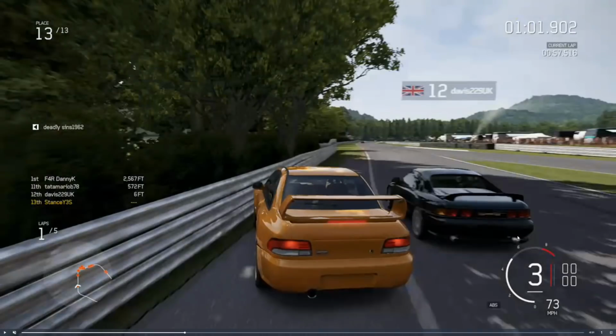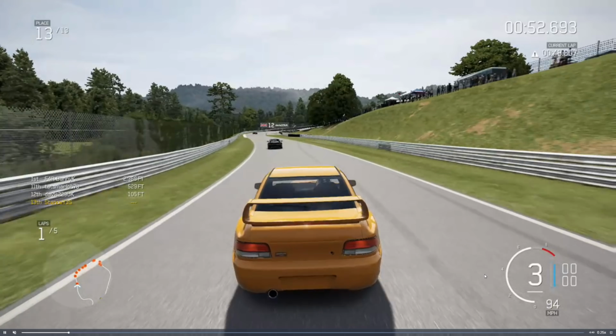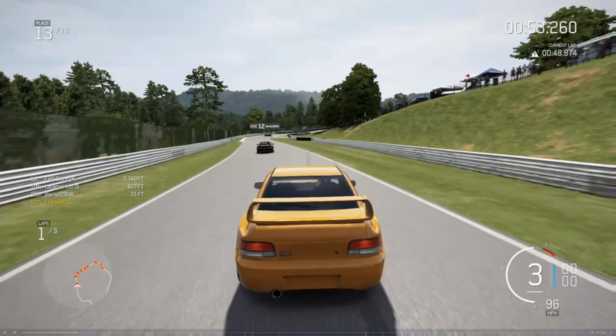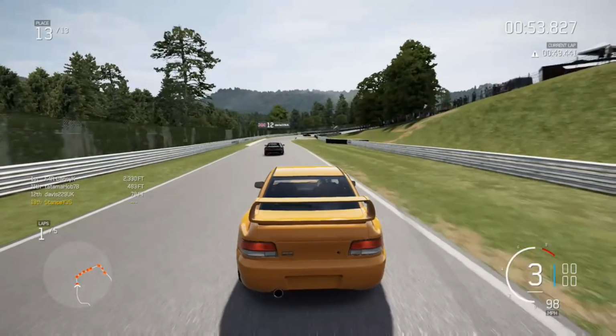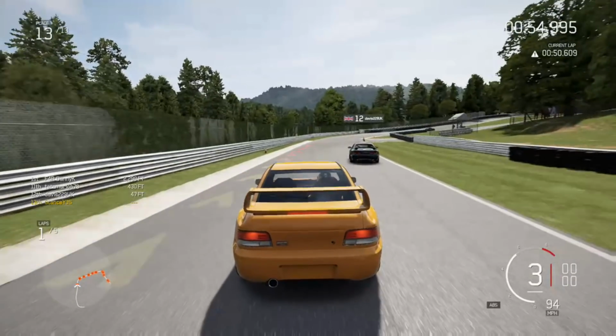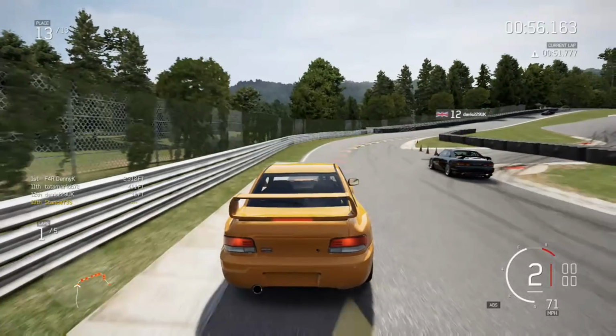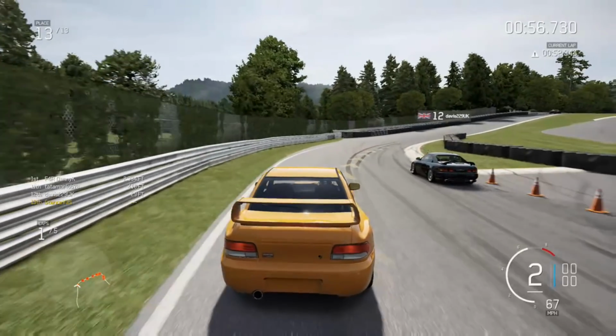Now, you could say that this was an intentional takeout from the black car, and I wouldn't disagree with that because of all the other incidents that we've seen in even just this tiny 30-second clip from Forza Motorsport 7. But regardless of any intention, I wouldn't be able to put blame on the black car for this specific incident, because the yellow car isn't